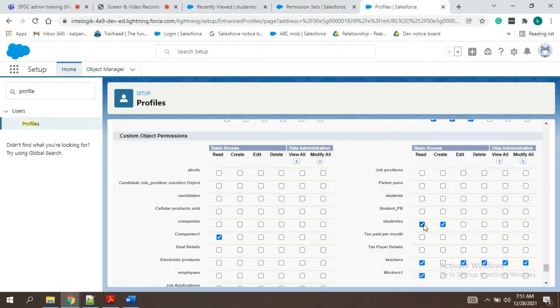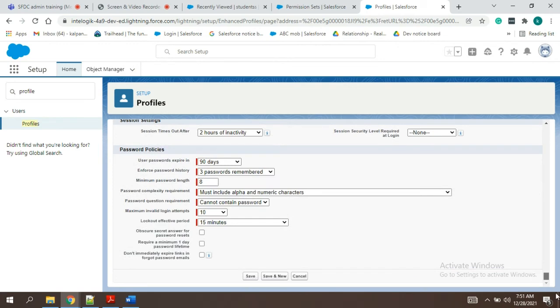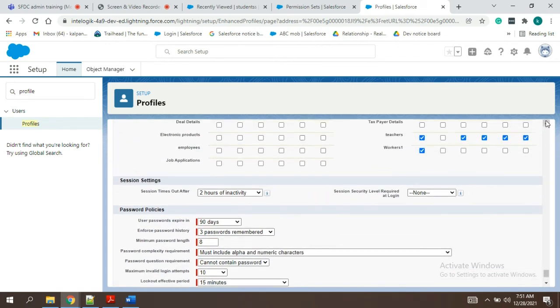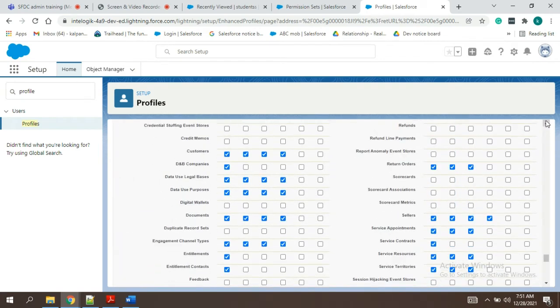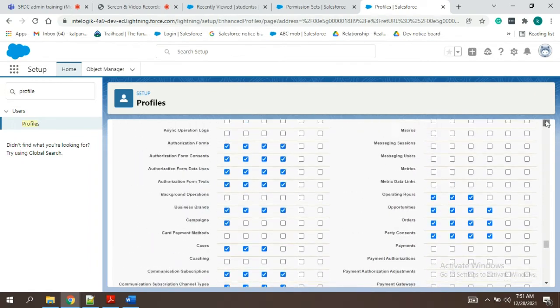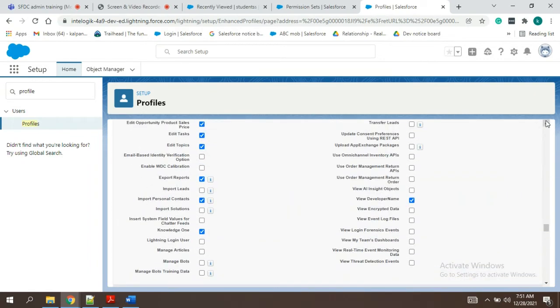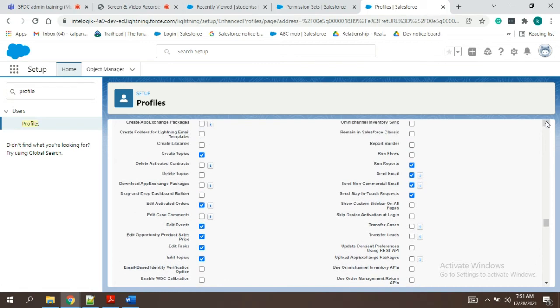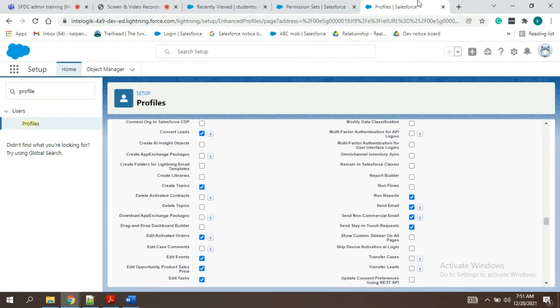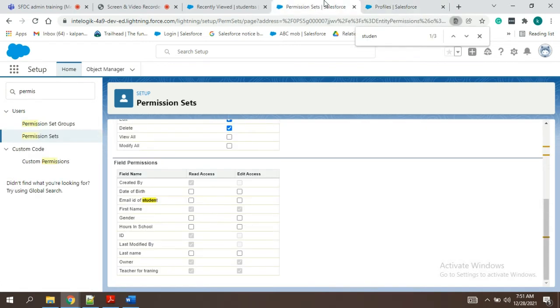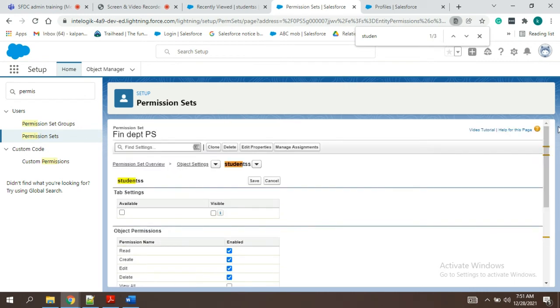C and R you have already given in the profile, and based on that we have already fields also enabled, all the fields given the permission. But now if I try to control it in the permission set, we will not be able to control. You will still see all the fields. Okay. So now we are just having this and save it.